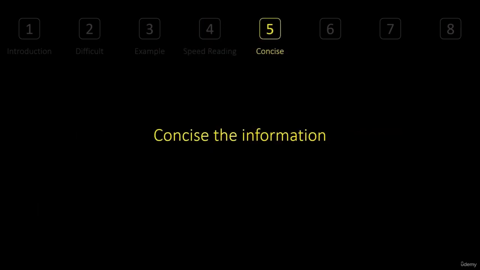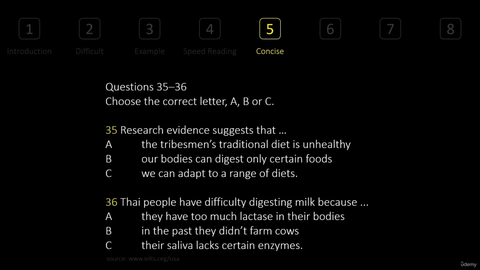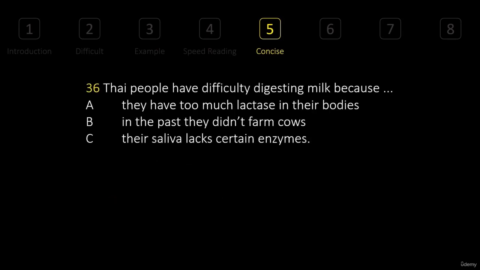Now, the second pointer is concising the information. How to shorten the information, because without shortening, it is going to be a little bit difficult even with speed reading, right? This was the earlier question I've shown you in section 3. This was from section 3, remember? We have a huge question and huge example. Let's just get rid of the instructions over here, and also question number 35. I just want to take care of 36 here and see how we're going to concise this first statement, that is,